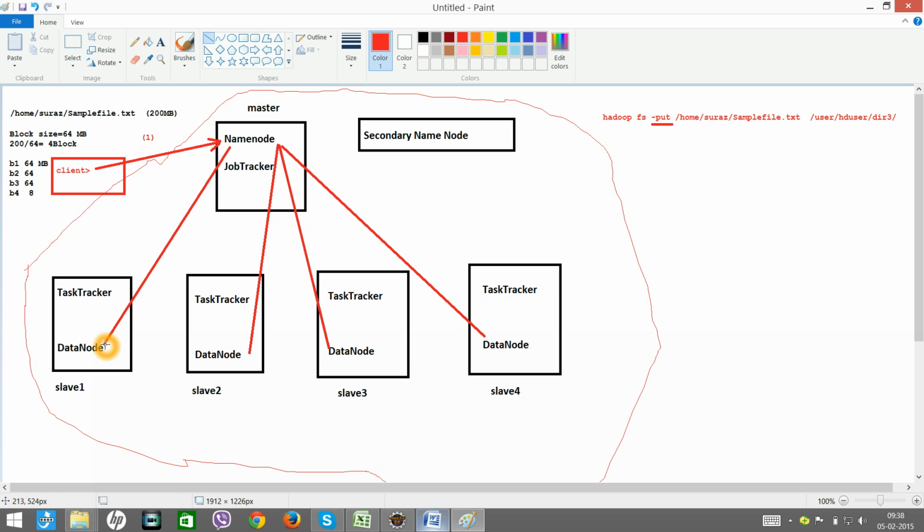It will contact data node 1, data node 2, data node 3, data node 4. Why will it contact them? It will try to find out whether these data nodes have sufficient storage to store this file.